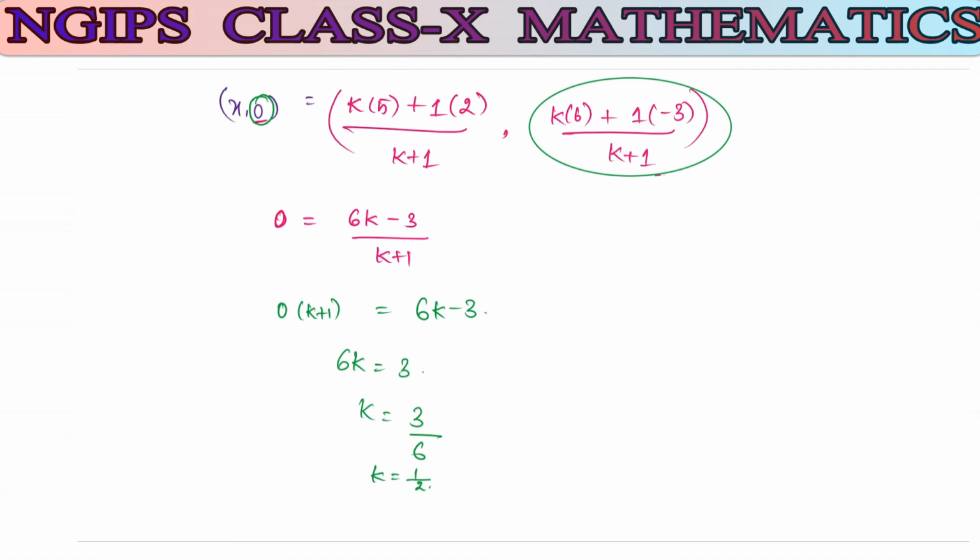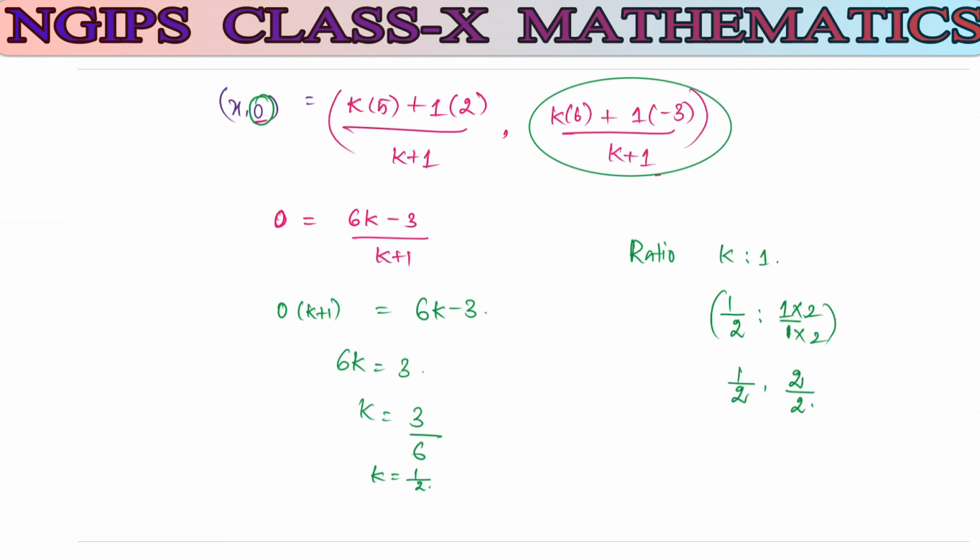So the ratio we have, right? Here the ratio I have taken is k is to 1. So the k value I got is 1 by 2, and the ratio here we have 2. If nothing is there, it means the denominator is 1. So here also we need to get the same denominator. To get this denominator, I am going to multiply both numerator and denominator, so that here I will get 1 by 2, and here the value is going to be 2 by 2.